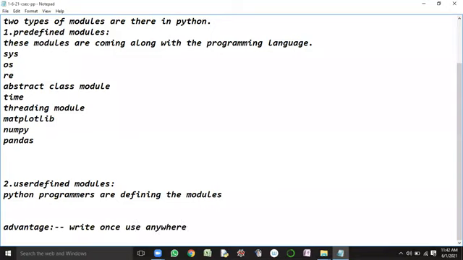This is the concept, guys. Once we write a Python program, the code existing inside that Python file can be used in any other Python file. So if you write it once, you can use it anywhere, in any Python program.